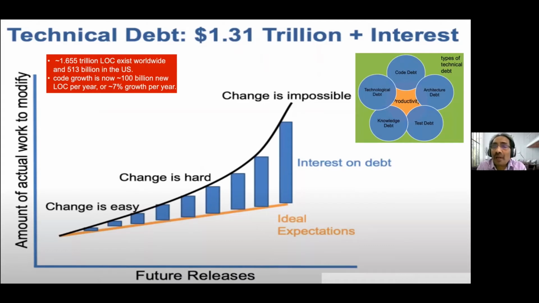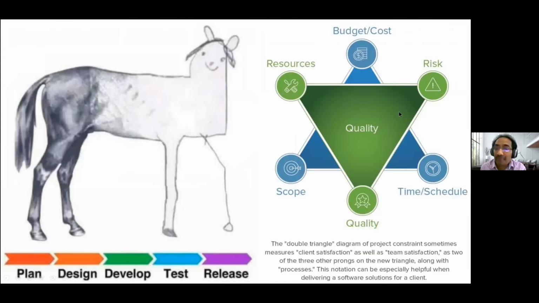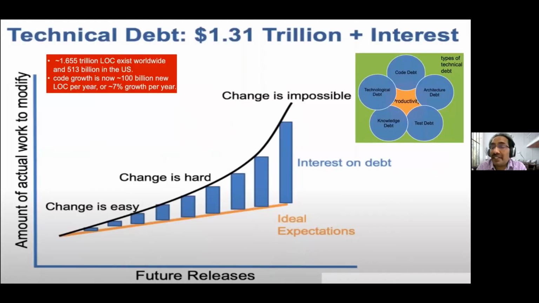So we should classify our inefficiencies, failures or budget losses in different ways. Productivity is a combination of architecture, testing, knowledge, code depth, and technical debt. Now at least we have a way to attack it, right?